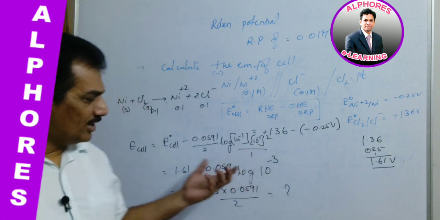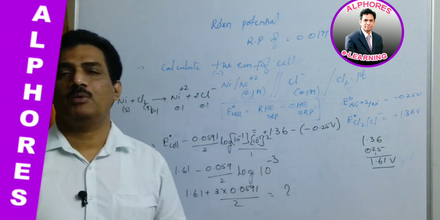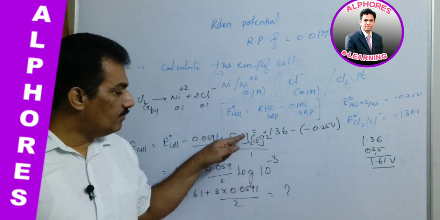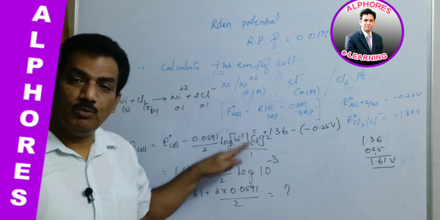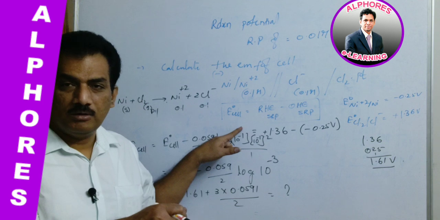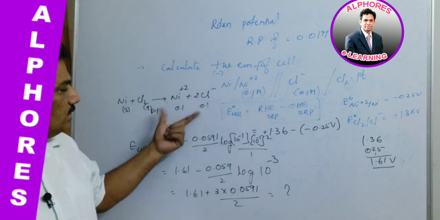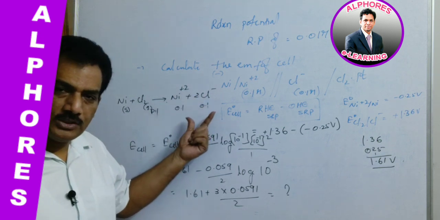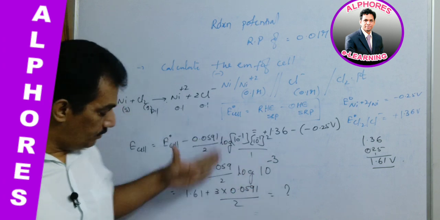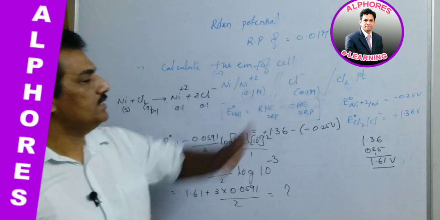And one more logic is, when the question paper setter sets the paper, they provide the answer as the first option. When one is in the denominator and one is in the numerator, what we get will be the first answer to tempt us. But don't do like that. You have to write the equation for the cell reaction, and depending on where the concentration terms are present, you have to write. Are you clear? That is about the cell EMF for the given cell.